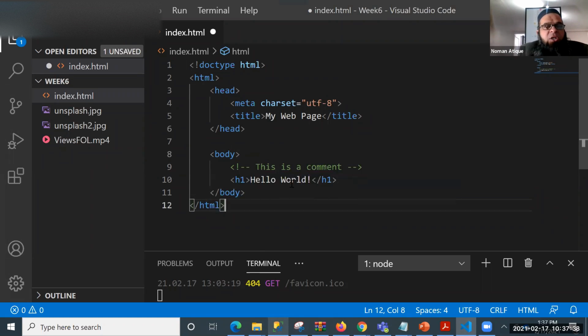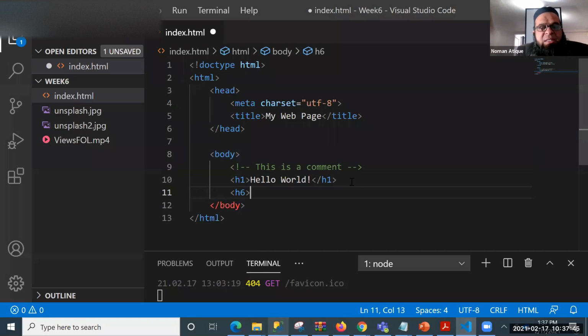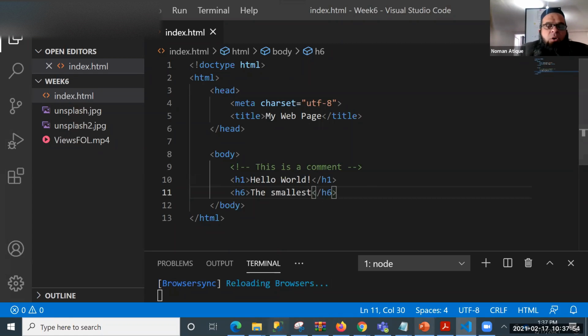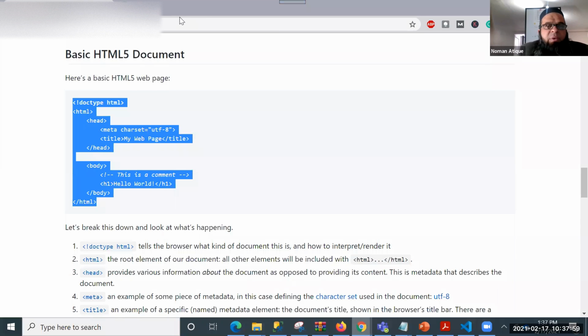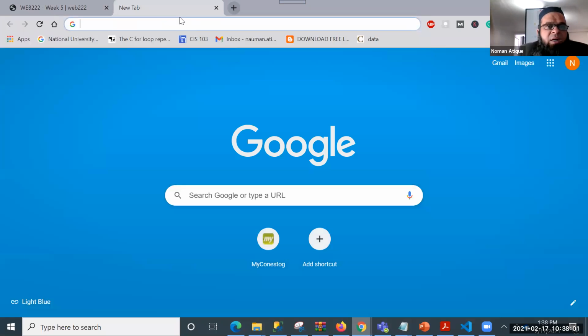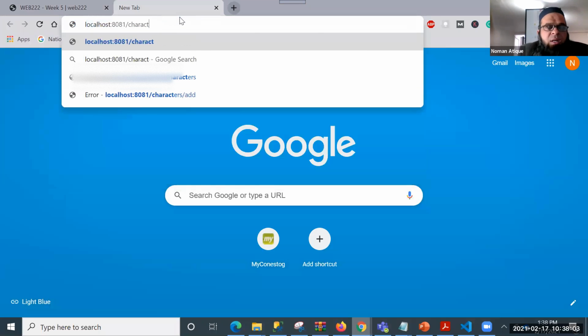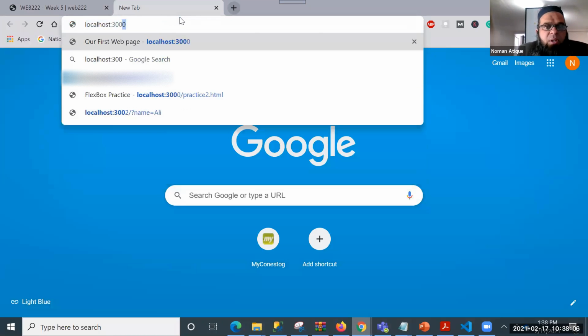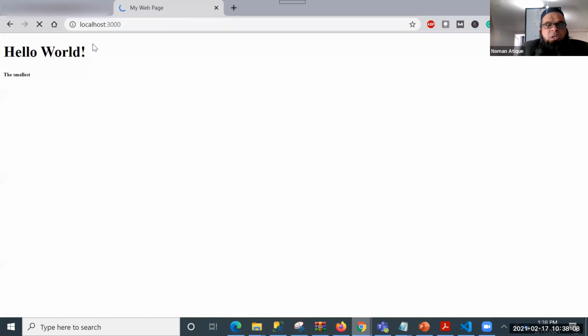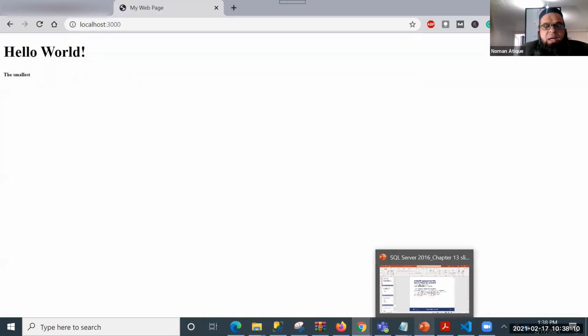And then we talked about the heading levels, and we said that there is something called H1 up till H6. You remember that we talked about the last heading level, it's the H6, the smallest, right? And we said that we can just run this. If you want to run that, hopefully you know how to run it. And I'm just running it in the same way as we have run previously, on my 3000 port, running through the server. So this is the website that is running, so we'll be just looking at it.